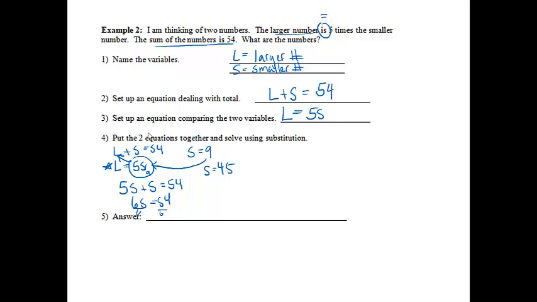Okay, so the question was, what are the numbers? And I can just say the two numbers are 9 and 45. I could have said the larger number is 45, the smaller number is 9, but those are the two numbers. All right, so hopefully now you are able to solve a real life situation involving